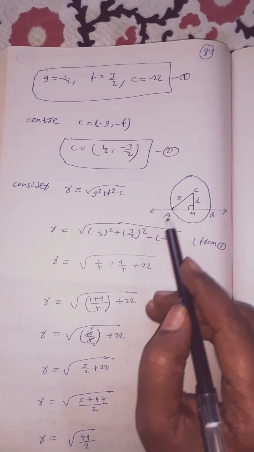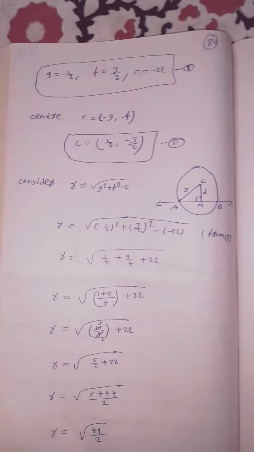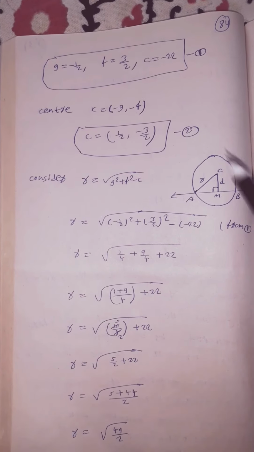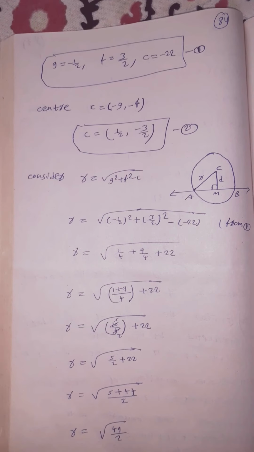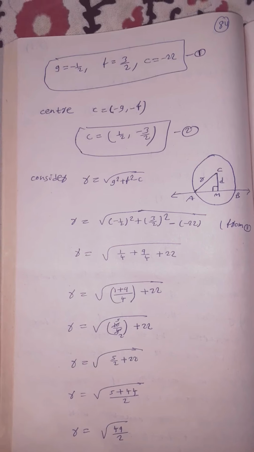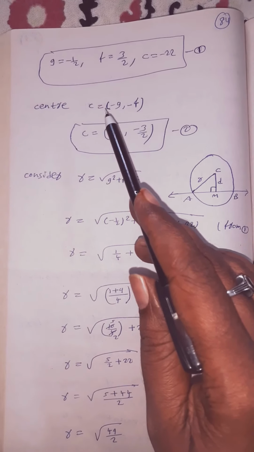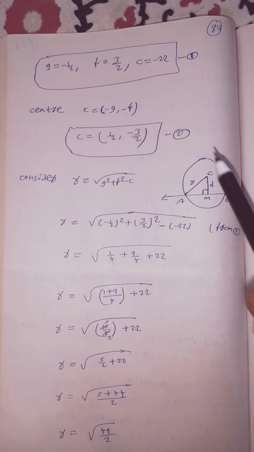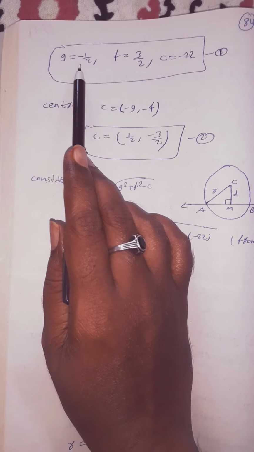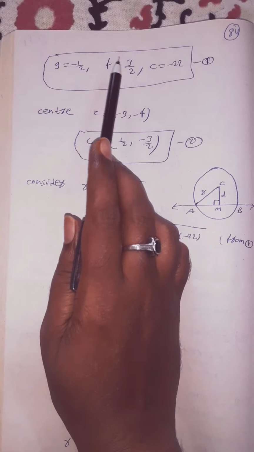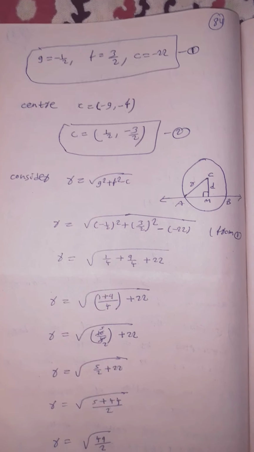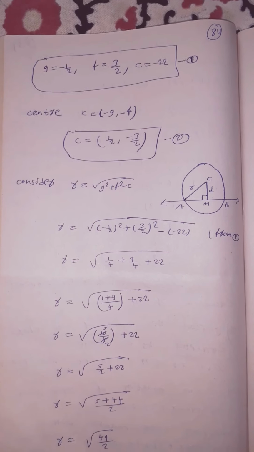So if you join this, you are getting a right angle triangle, children. The same process we did in example problems also. So we have to calculate the center, radius and d value, children. We will calculate one by one. So your center is equal to how much, children? Formula: minus g comma minus f. Your g value is negative, so it will become positive. The f value is positive, here it will become negative. So center equal to 1 by 2 comma minus 3 by 2, children.